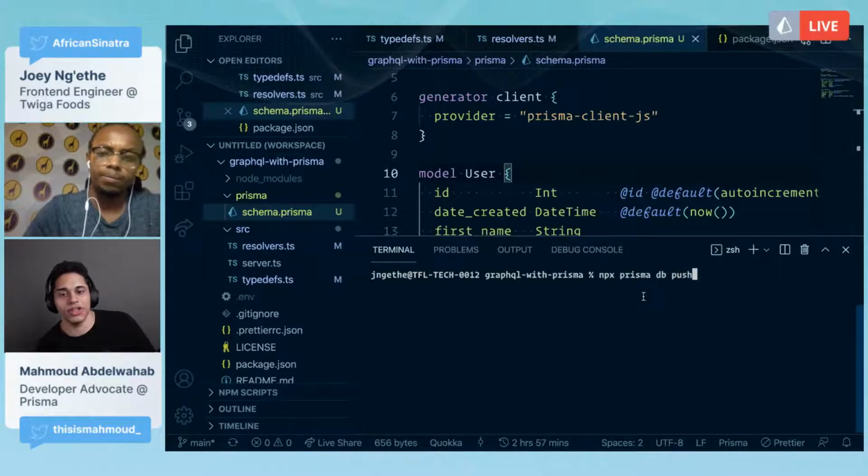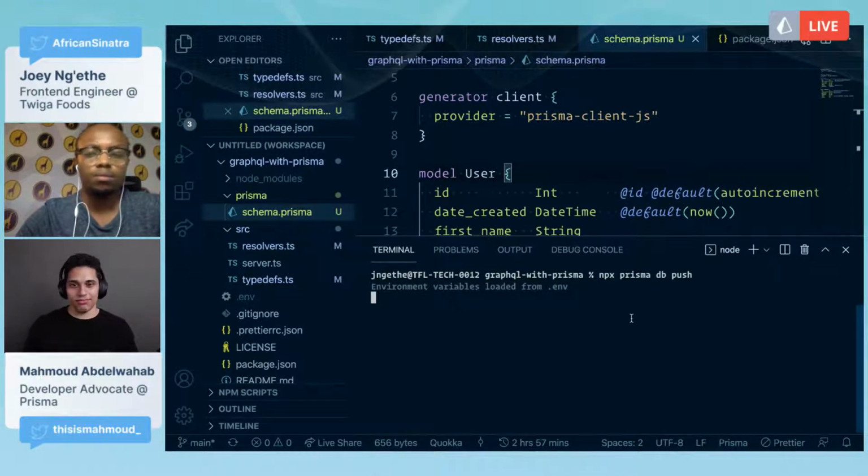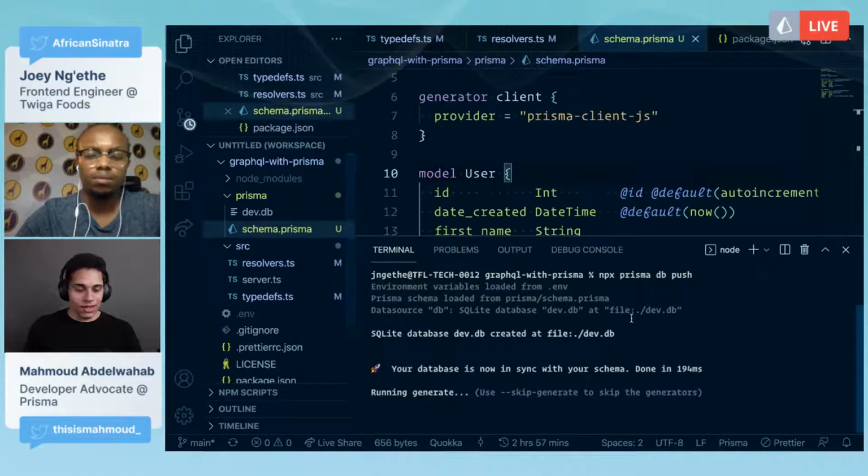So DB push is a command by the Prisma CLI, and what happens is it will grab your Prisma schema and go to your database and create the same models that you need. Usually you would do that using SQL if you're working with a relational database, but you don't need to do that. You just run a command, and now you have the different tables set up with the different relations, all the primary keys and all that stuff. Right.